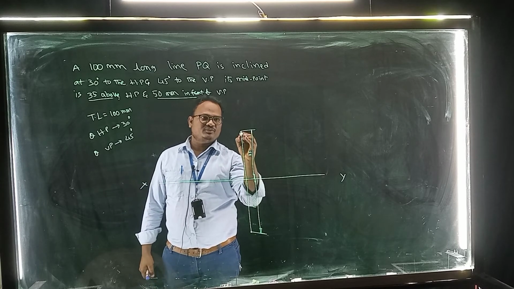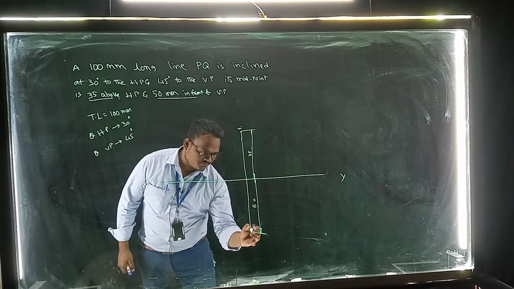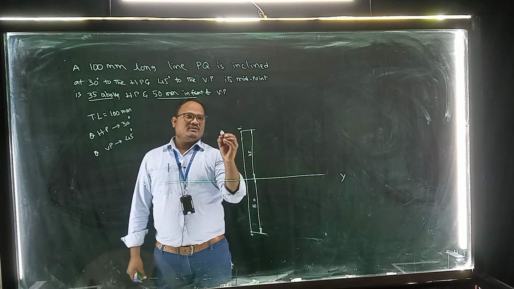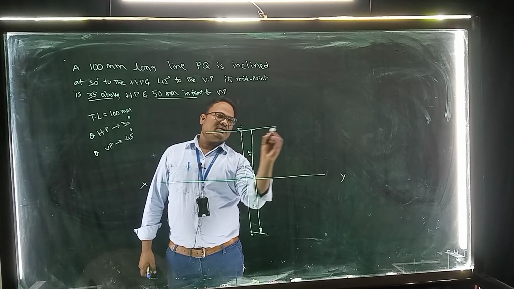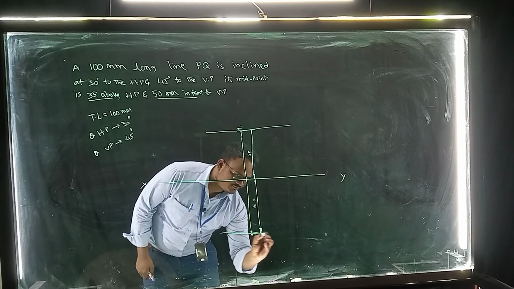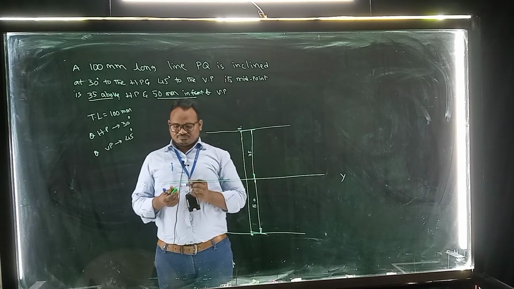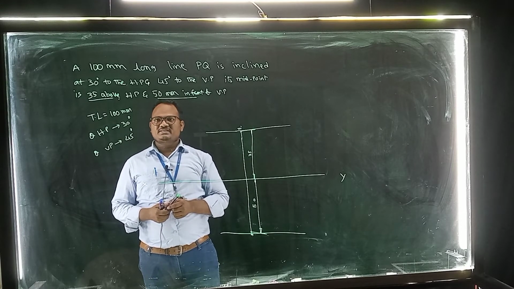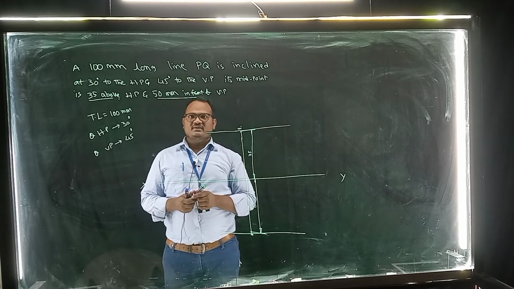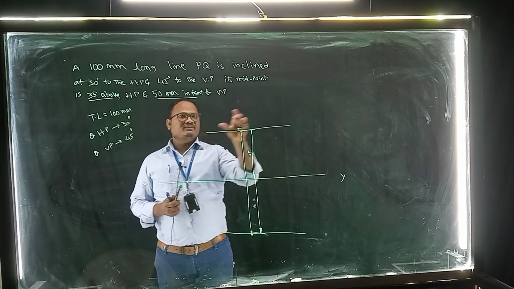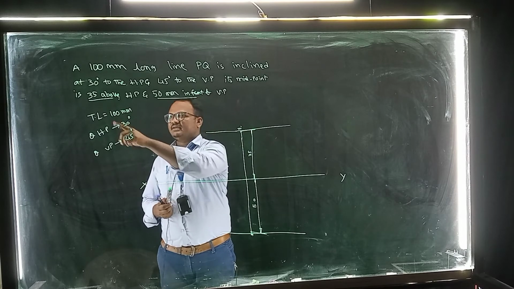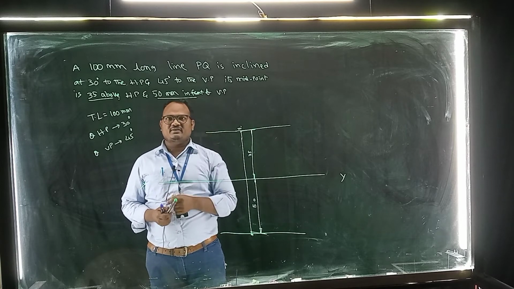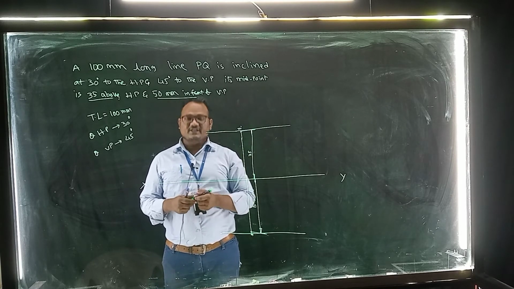So this midpoint front view, that's why M dash. The top view, that's why this is M. So here draw reference lines, here one reference line, here one reference line. Now, the line is 100 mm, making an angle of 30 degrees with HP, that means above the line. Half of the length, 50 mm, you have to take here, and the remaining 50 mm you have to take here. Why? Because he has given the midpoint at 35 mm.